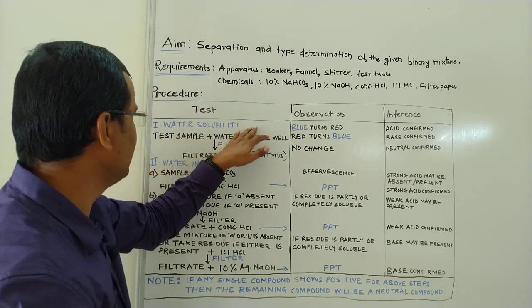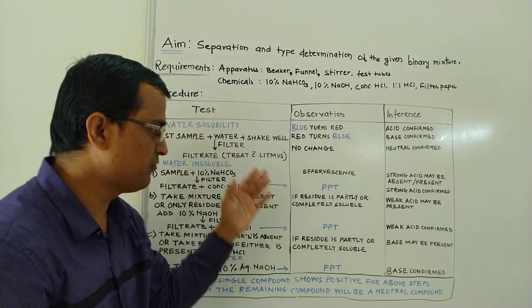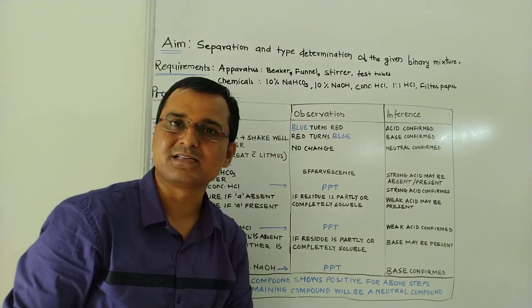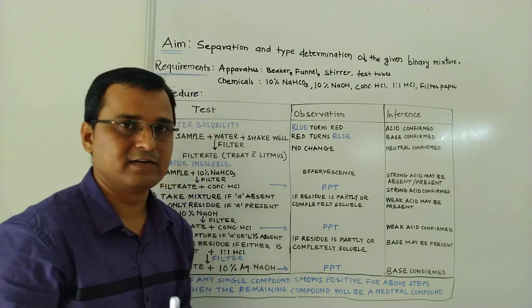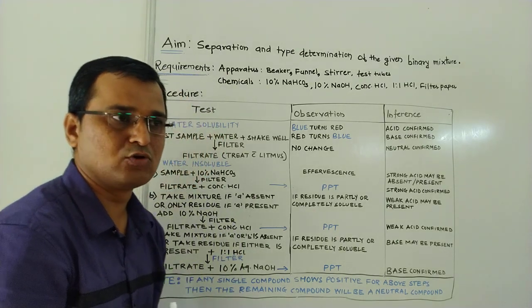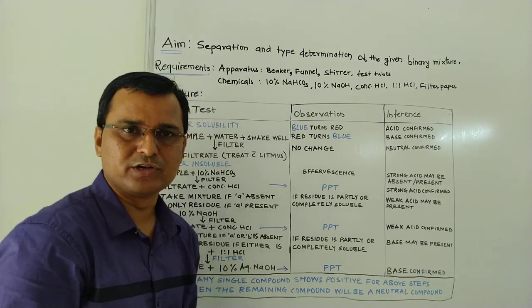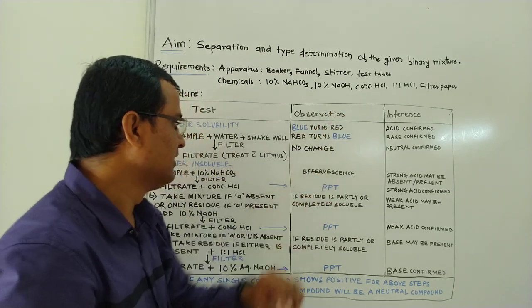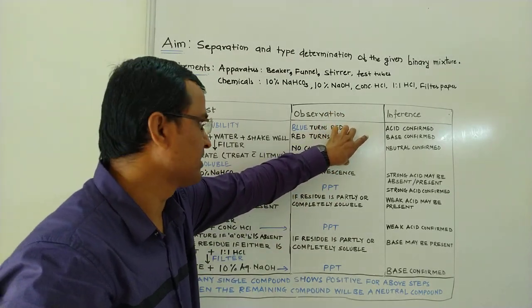सबसे पहले हमने क्या लिया, टेस्ट सैंपल लिया, उसमें वाटर ऐड किया, उसको प्रॉपरली शेक किया, फिल्टर करके हमने उसको लिटमस पेपर के साथ चेक किया। अगर हमारा ब्लू लिटमस रेड होता है तो एसिड है, अगर रेड लिटमस ब्लू टर्न्स होता है तो बेस है, अगर उसमें कुछ भी चेंज नहीं है लिटमस के कलर पे तो वो न्यूट्रल है। ये आपको यहाँ पे पता चला।